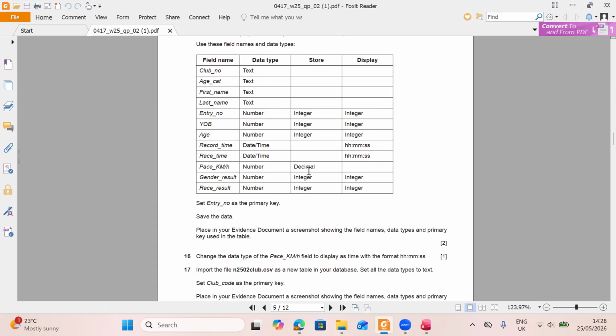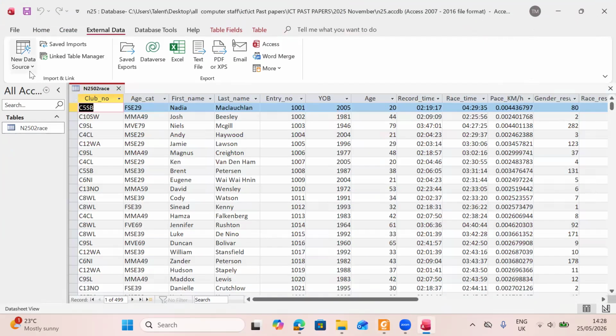Of course, the store part was also affected when you were doing the data type, because here we have number, but we are going to say which type of number it is, integer. Okay, so we'd already taken integer, and double, integer. But on the display part, we also have to make sure that, for example, these two are dates, and they want this format, HHMMSS. So it means that I have to go to my